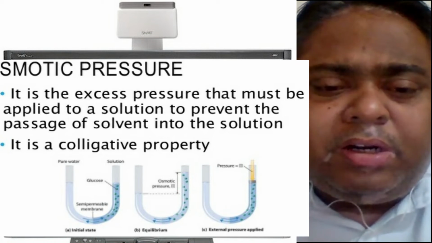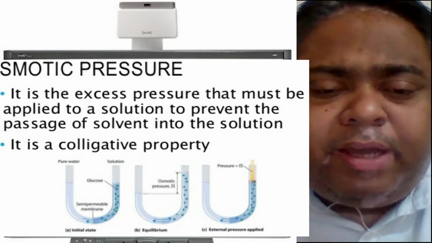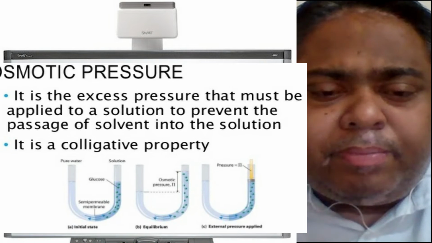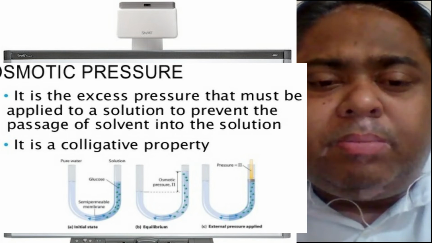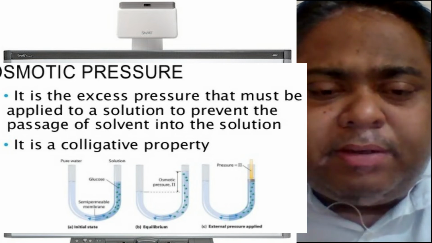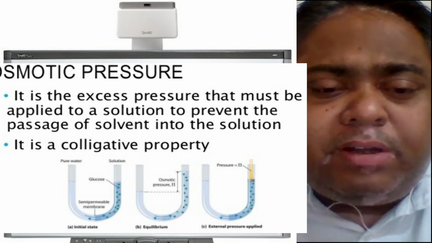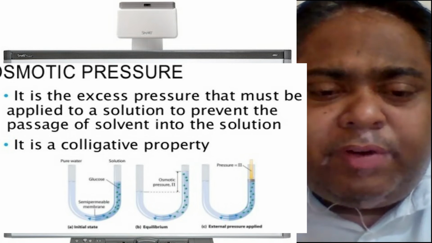This change in the partial pressure of the solvent on dissolution of a non-volatile solute in the solution is given by the second form of Raoult's law: delta P by P naught, that means the relative change in the vapor pressure, is directly proportional to the mole fraction of the solute, where delta P is P naught, the pressure in the pure form, minus the partial pressure of the solvent, divided by the pressure of the solvent when there was no solute added, and this is equal to the mole fraction of the solute, chi solute.